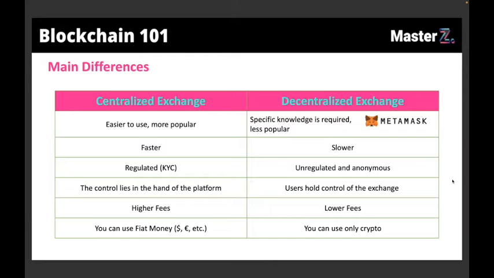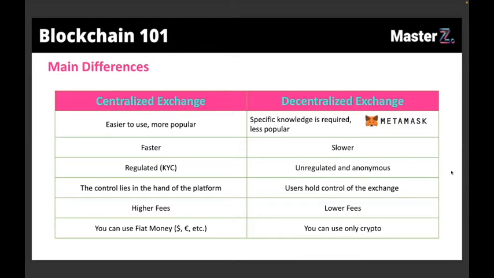It's about fees. Decentralized exchanges, since they run on smart contracts and they cut the middleman, tend to have lower fees because, as you have seen before, the fees don't go to the exchange or to the banks or anything like that, but go directly to the liquidity provider. So they're usually lower. Instead, the centralized exchanges have slightly higher fees because they have higher costs, I assume, and so they also want to make a profit, and that's why fees are higher.